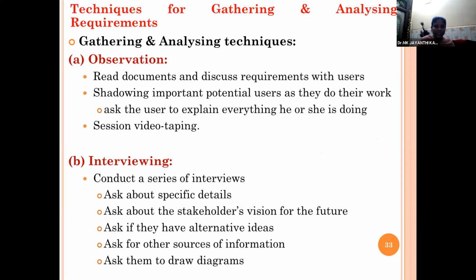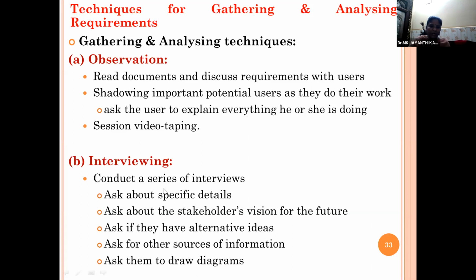So we will see the actual working environment. Say for example, if you are doing a project for student registration system, we will go to the actual college or student in university where we will observe the day-to-day activities of the students. Then by observing the various activities, we will write down the observations into requirements. So that is called observation.